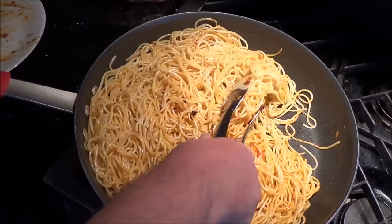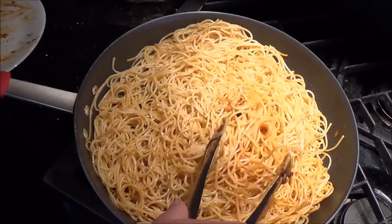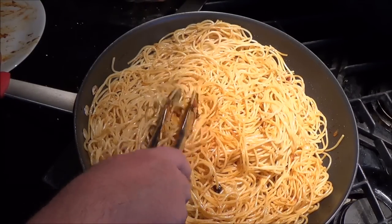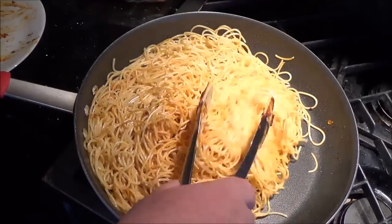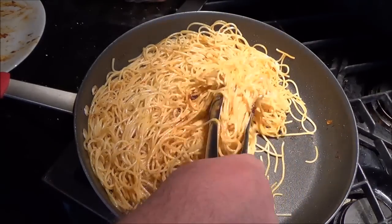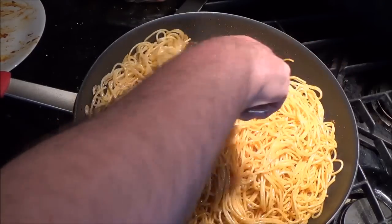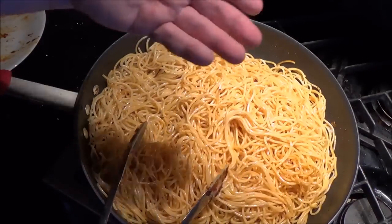Obviously this is going to taste the absolute best if you cook it right on the spot. But the reason for doing it like this is once you've got the spaghetti and the chicken cooked, you're going to set this aside to cool for a bit, then stick it in the fridge, do the same thing with the chicken, and then either after work or if you have someone over for dinner that you would really like to do a nice dinner for, but you won't have a long time to cook, this is perfect because what you're going to just do after is take this